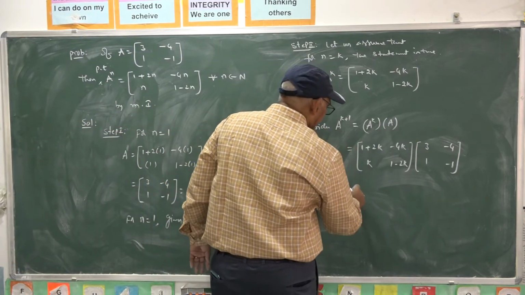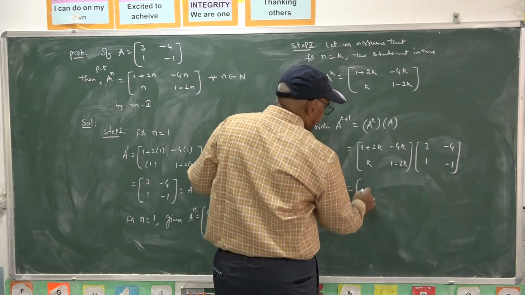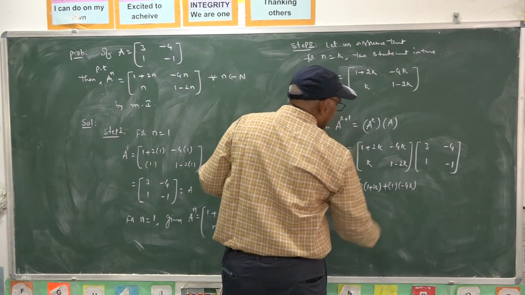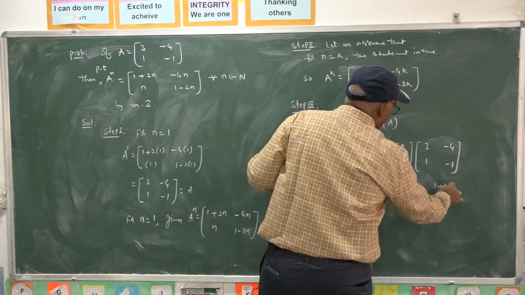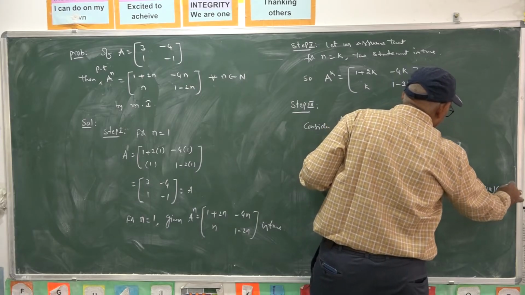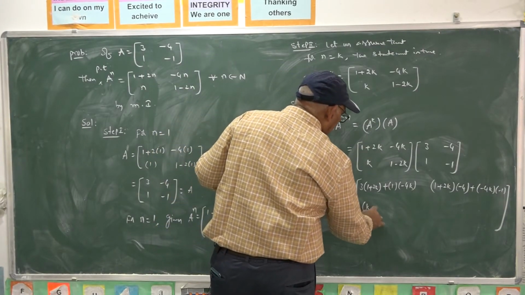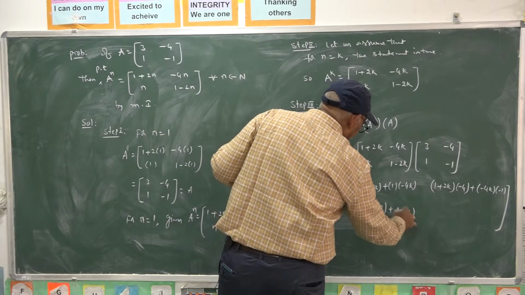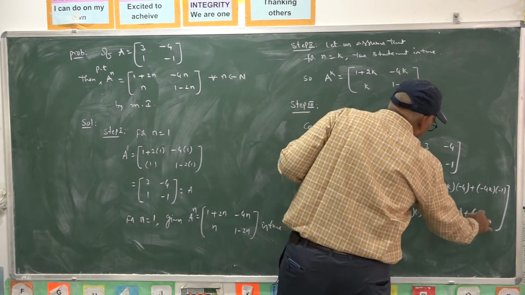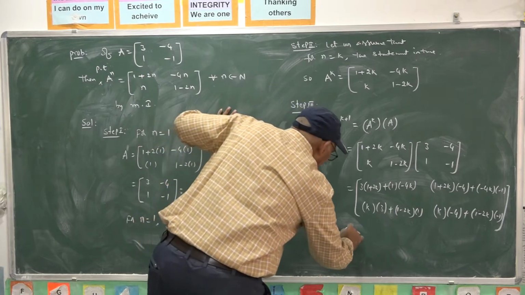Now taking the multiplication here, row to column product: 1 plus 2k into 3, plus 1 into minus 4k, of course. Similarly, 1 plus 2k into minus 4, plus minus 4k into minus 1. First row, first column product, first row, second column product. Similarly, second row, first column product. Second row, second column product. So on simplification, this is